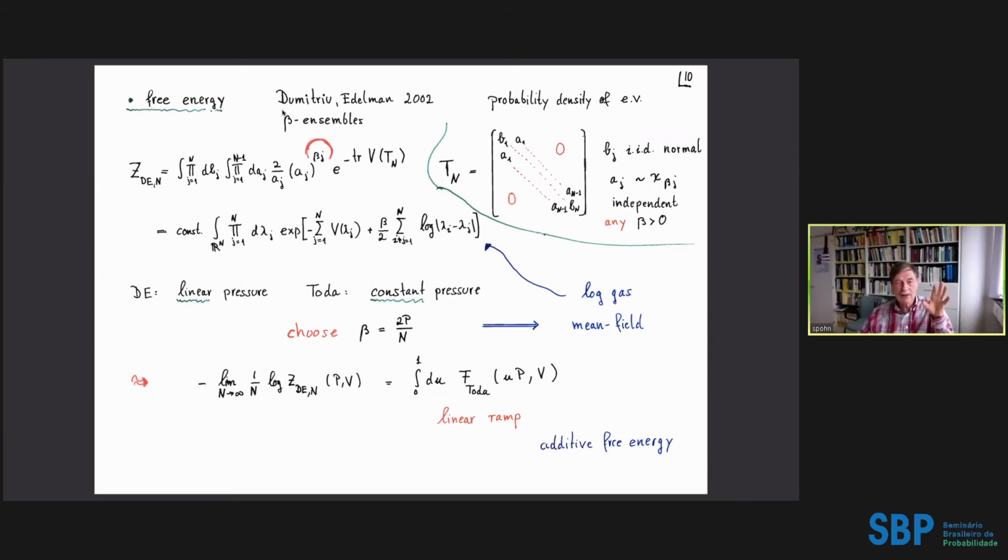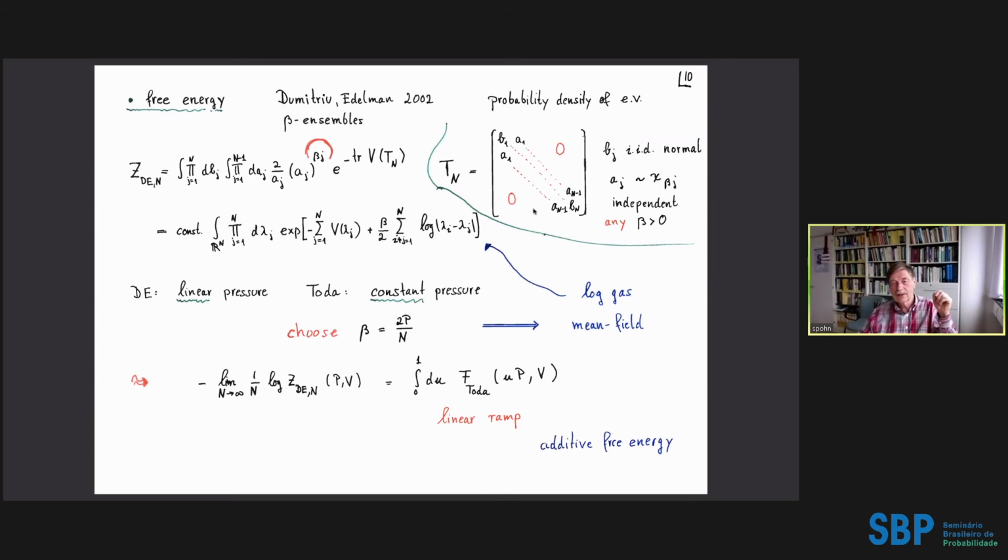But now I do something which actually goes back to Dumitriu and Edelman, who looked at almost the same thing. Their matrices, they're called B's and A's instead of P's, looked like this, but they didn't have this off-diagonal angle term, which doesn't play a big role. This is why I have 2n-1 here. What I want to look at is the exponential of the trace of a slightly modified matrix, namely the one which I've written here,